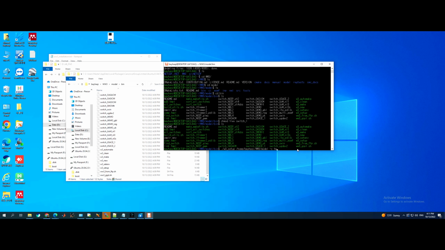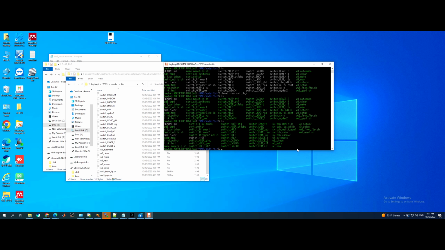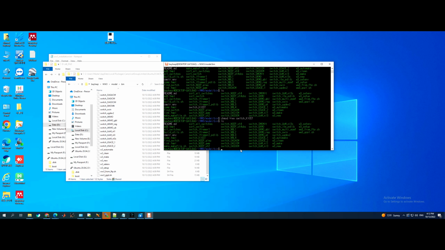The switch we can change to kiosk. chmod rwx, because we just copy pasted the switch kiosk into the bin folder. So I just make it executable and